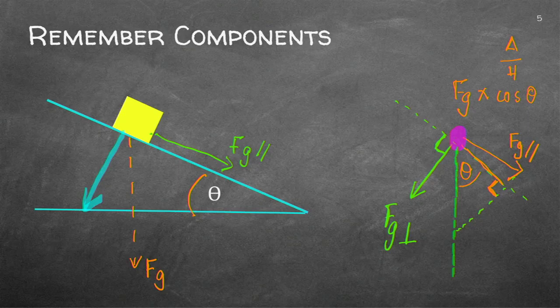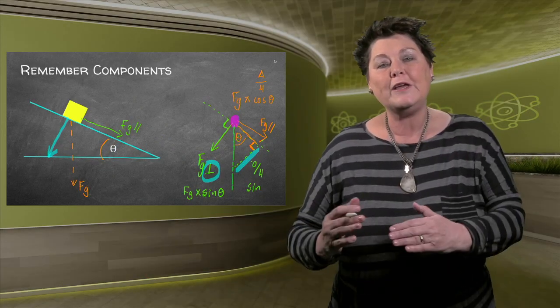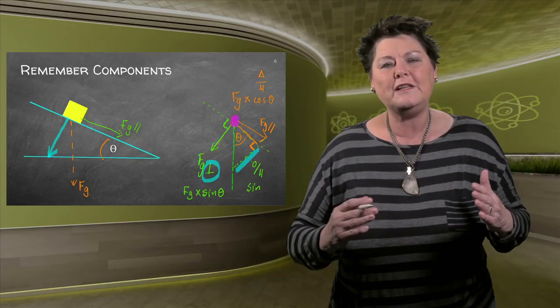Let's continue. I've got this perpendicular, which is actually this force here. And what would that be in terms of this angle? It would be the opposite. And you know, opposite over hypotenuse is the sine. So the calculation to get this component would be the weight or the gravity times sine of this specific angle. That's the way that we go about calculating the components, and you'll do it every time.